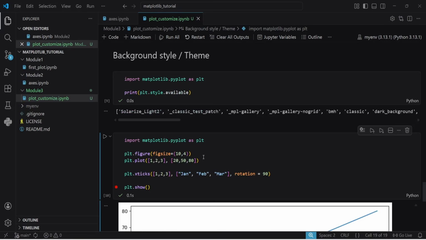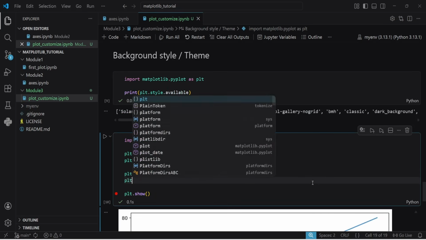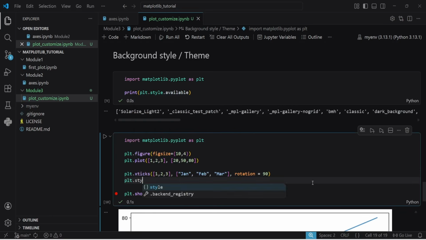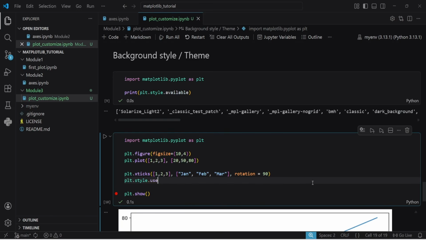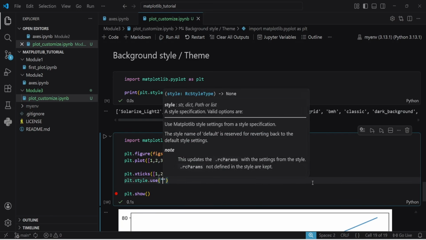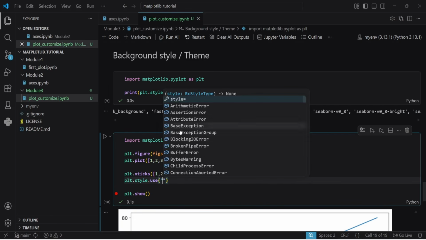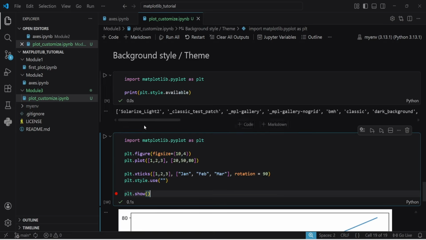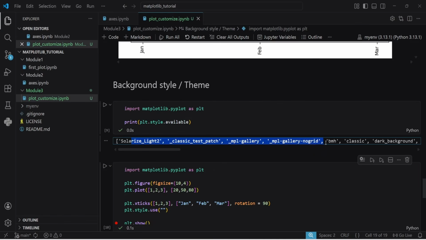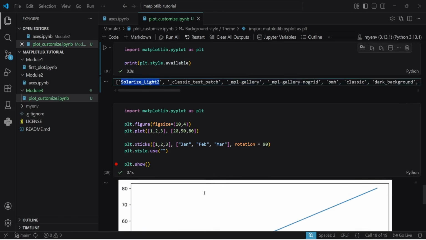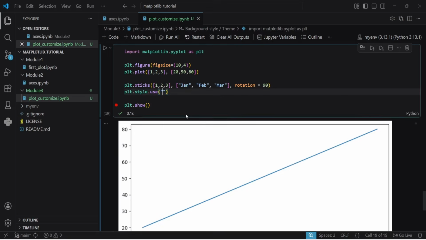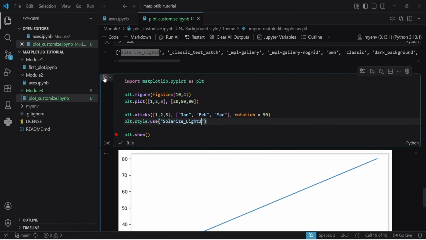For that, I have to write plt dot style dot use. Within this parenthesis, I can pass any of these themes. For example, first of all I'm passing this one. Now if I execute,